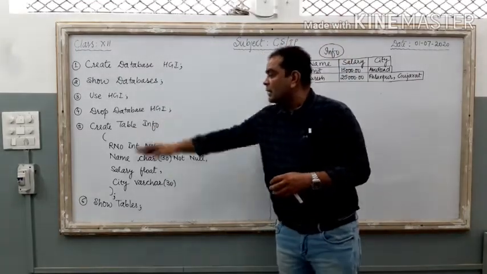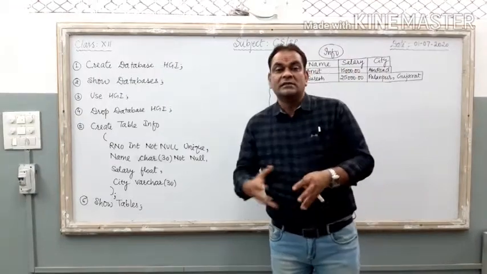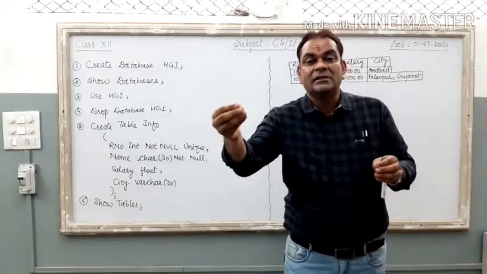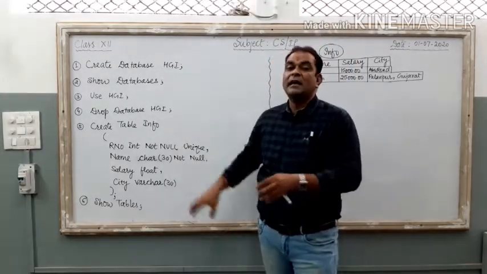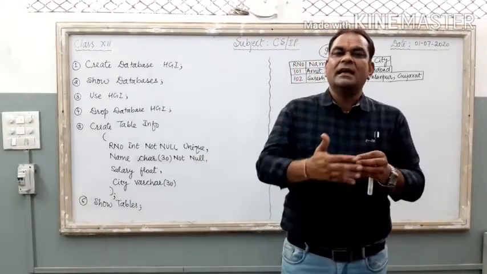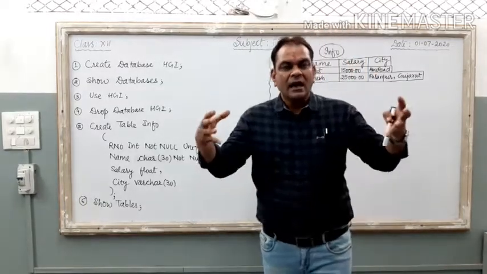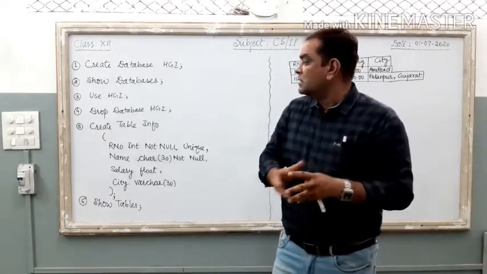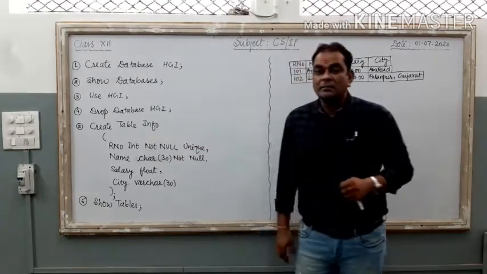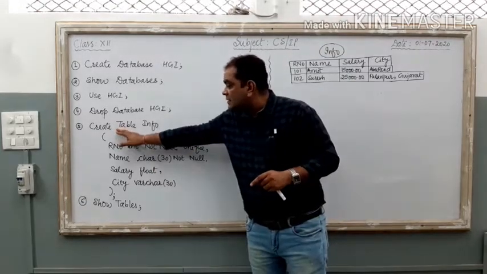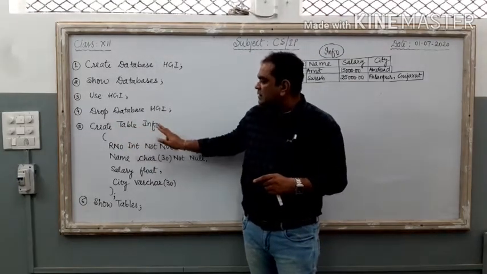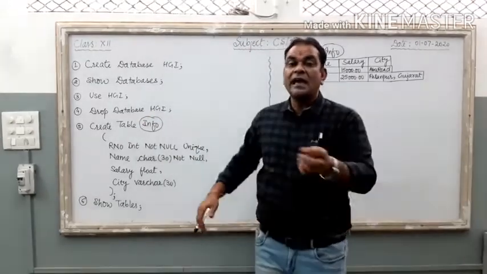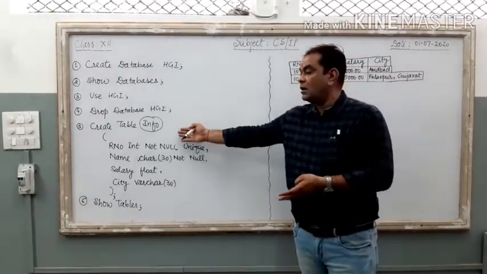Now move to the fifth command. Now what we can do inside the database, right? If we just check the MySQL concept, in each and every database we can create tables, we can create different tables, we can link all these tables with each other, we can get the query from these tables. So if you want to create a table, the command is create space table space, and here it is the name of the table. In the previous video we have created the info table, so I have written the same